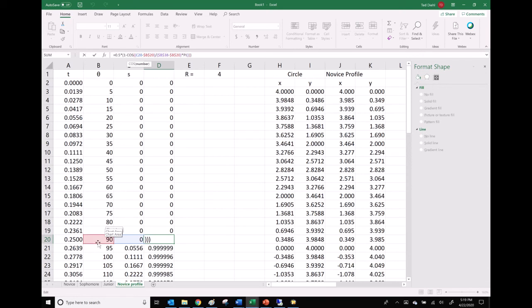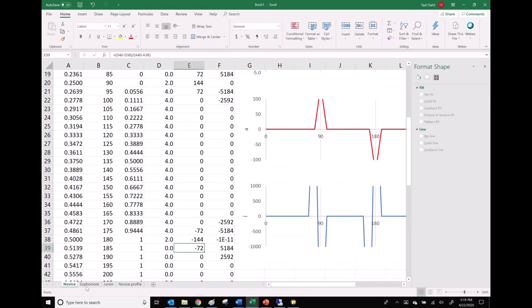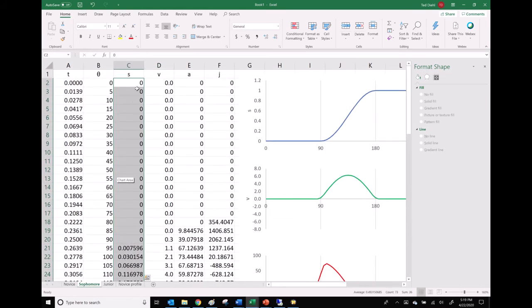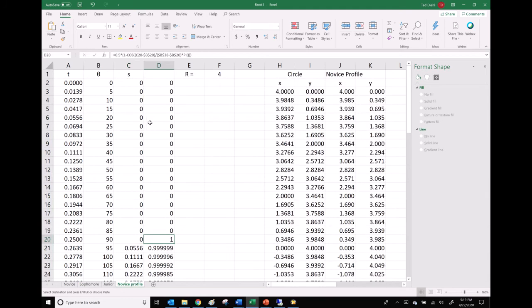So what do I want to do? Let me double check something. Yeah, I think I just copied the wrong thing. I'm sorry. Sophomore, and I want to copy that, right? Pretty sure I want to copy that. And I want to go to here, and boom. Okay, so I did that wrong. I did that okay. But